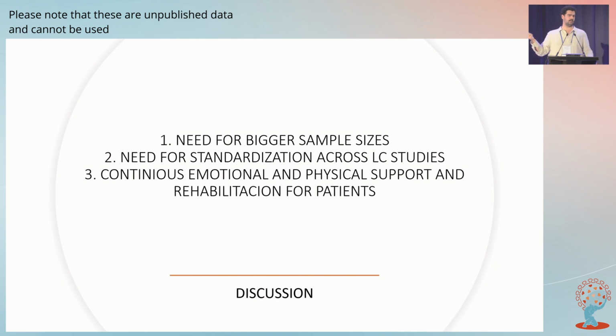The discussion or my suggestions are that we need bigger sample sizes. Again, when we talk about prediction models, when we have only 180 patients, that's not much. It's a good sample, but it's not enough. We need to standardize how we measure quality of life and all these symptoms. We can't all just be using different questionnaires to get the variables because the methodology falls to the ground, basically. And what's been shown, obviously not yet methodologically proven, is that continuous emotional and physical support and rehabilitation for patients